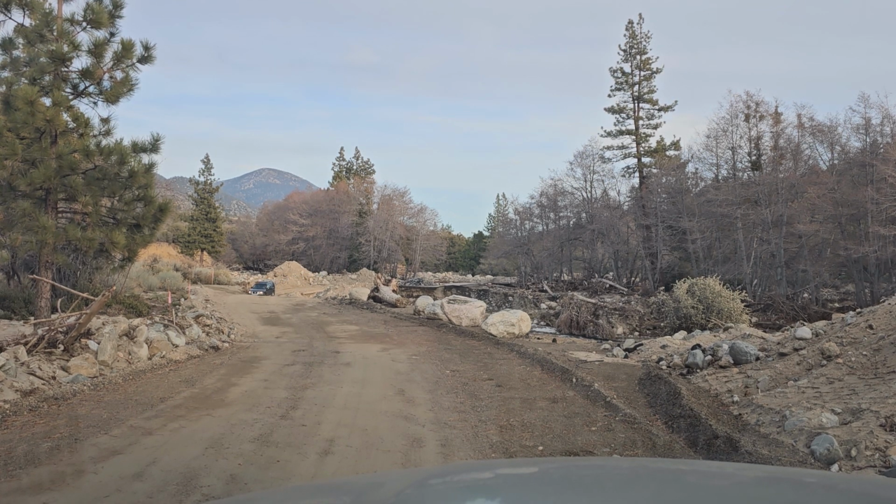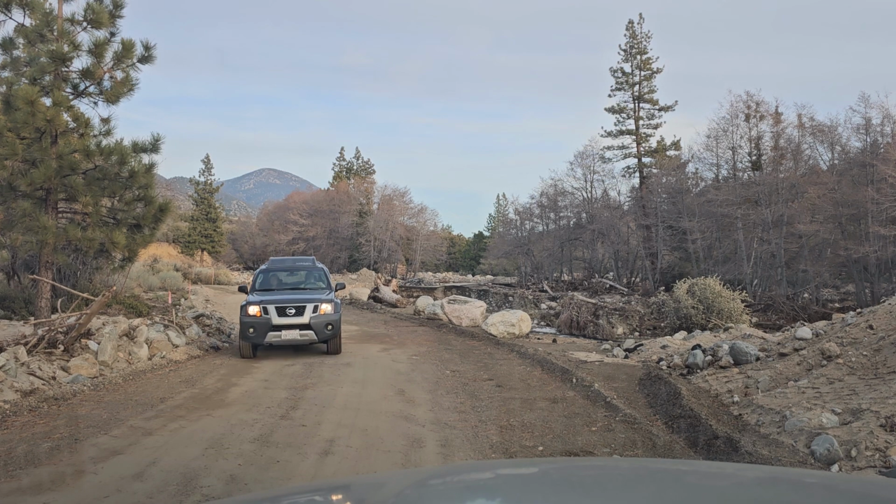They put in two giant. This is the big gorge that was here. I mean, this thing was like 50, 70 feet deep. They put in, looks like they built it up, and they put a couple of like 6-foot culverts in. And then they,